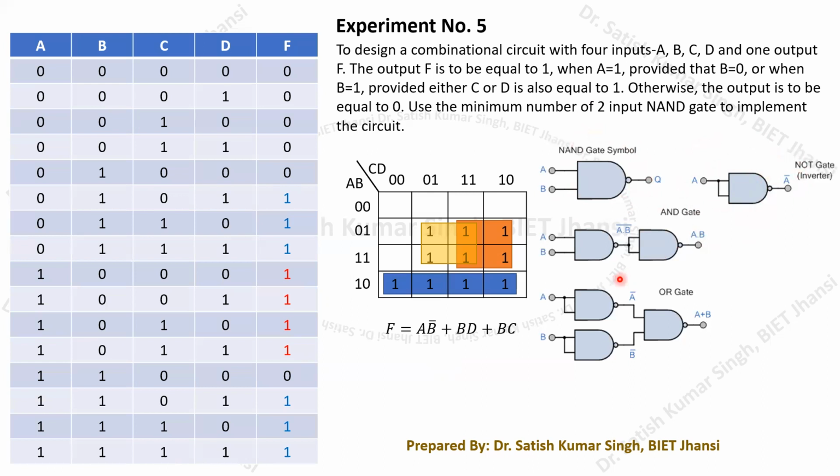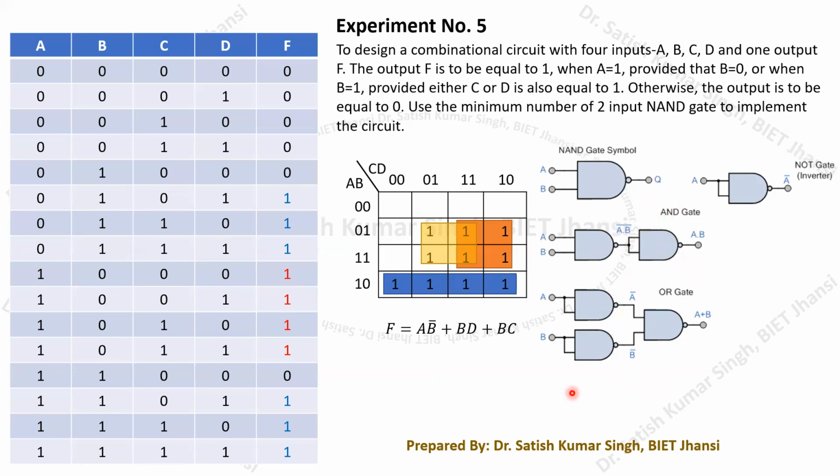Similarly, we can also get the AND function by having this particular cascaded connection: a NAND gate followed by the inverter, which is also formed from the NAND gate itself. Then we can realize the AND gate in this way. Similarly, here we can get our OR gate, by having these three NAND gates in this particular fashion.